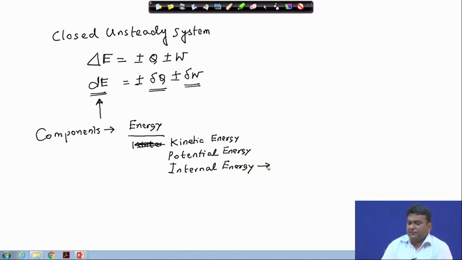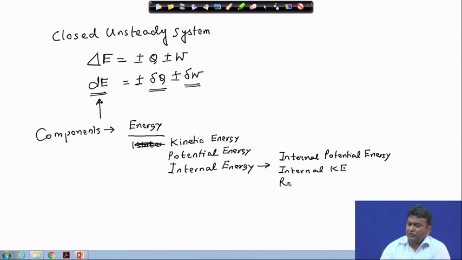Of course, you can give a first level idea that even the internal energy comprises of internal potential energy, the so called van der Waals interaction or the intermolecular interaction, internal kinetic energy,